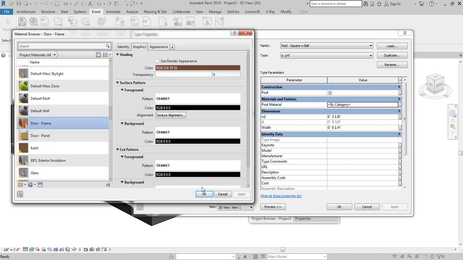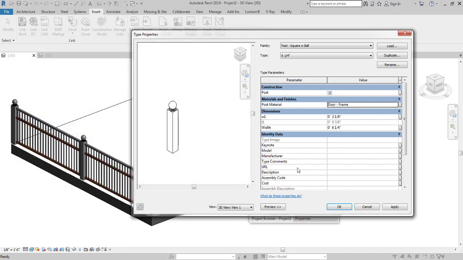Let's say I want to make a door frame. Click on OK, apply. So yeah, the color has changed, and we also have the dimensions available over here. We can change the dimensions if we want. Let's say if I make it 5, what happens? Okay, this is what we get. Let's just leave it at 0.3, the way it was. Apply. Yeah, much better.